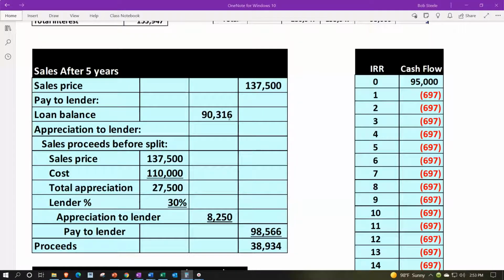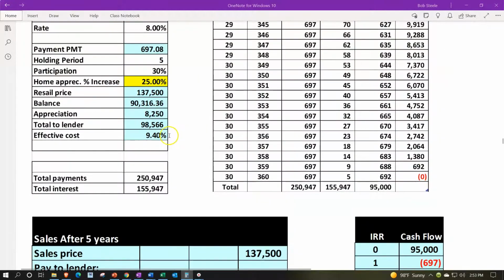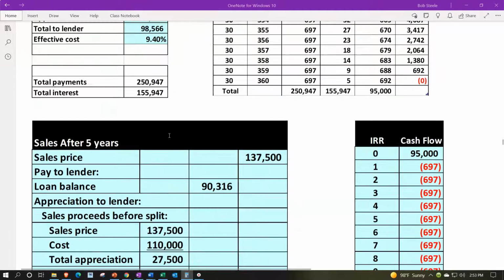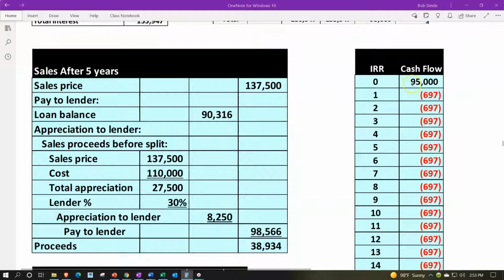The general concept, of course, being that the lender lowers the rate in exchange for getting some participation in the appreciation, which they'd have to define some way so they can do a rational calculation on the benefits of it. So if we do an IRR calculation, which could give us a similar idea of this effective cost, it would look something like this. In period 0, we got $95,000 from the lender, and then we used it to purchase